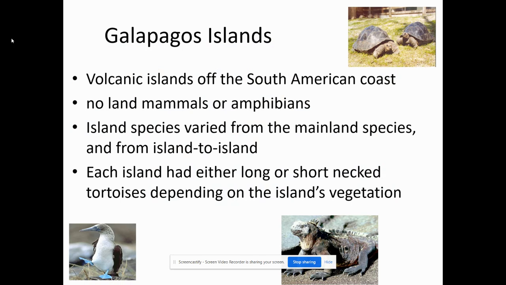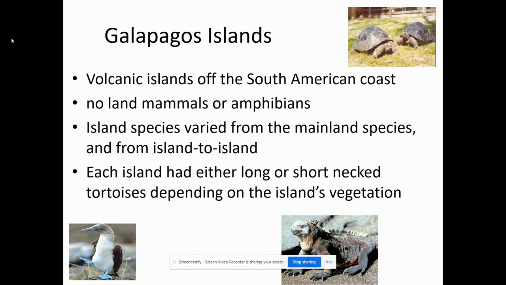That's what we really talk about. Pretty cool islands off the South American coast. They have no land mammals or amphibians there, right? Something unique about them is that these organisms are all different from island to island and from mainland species that we see, okay? And you can see and determine which organisms come from different islands based on the kind of